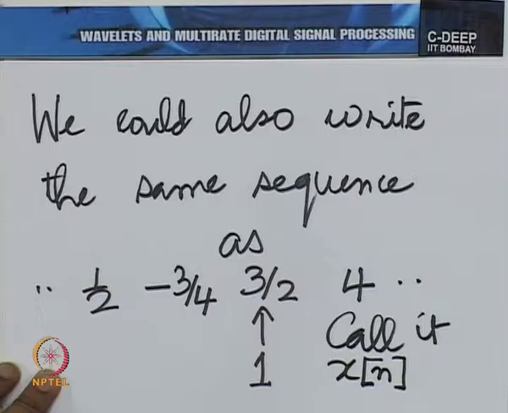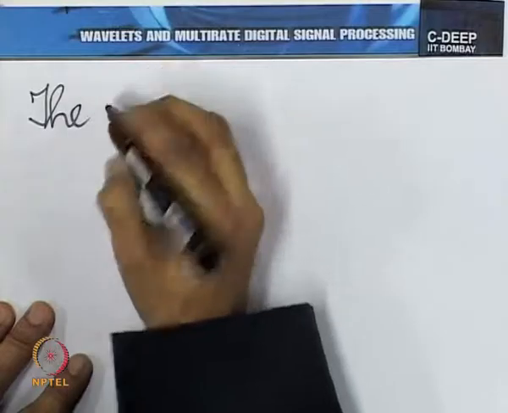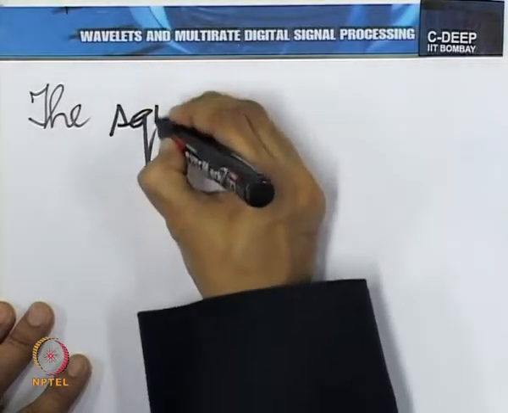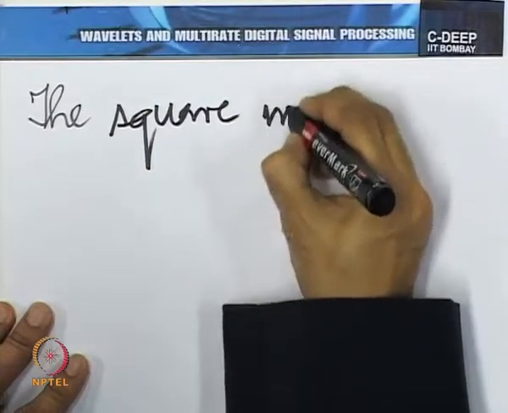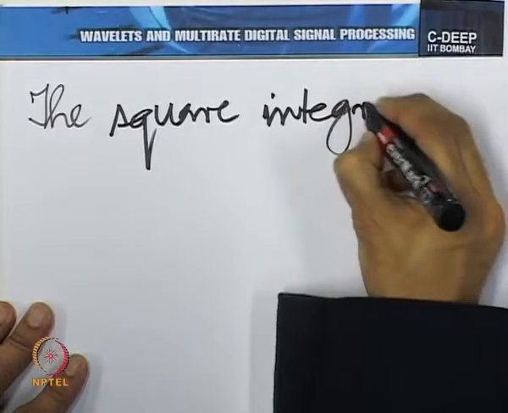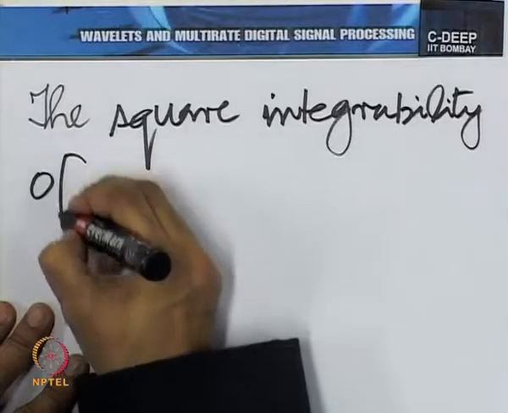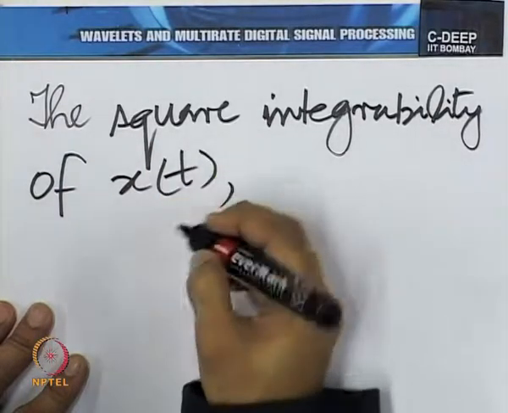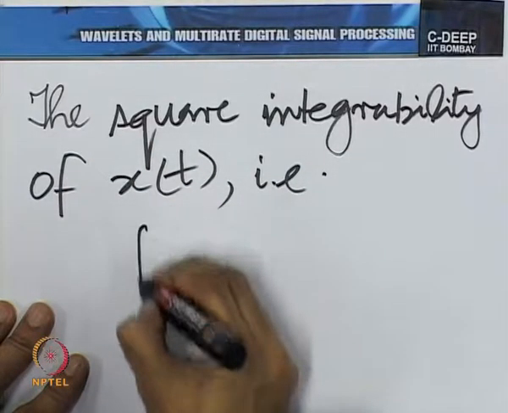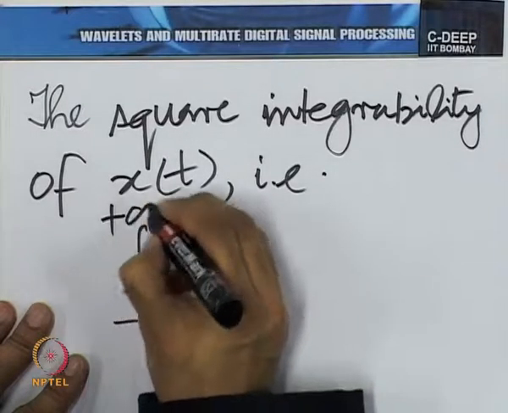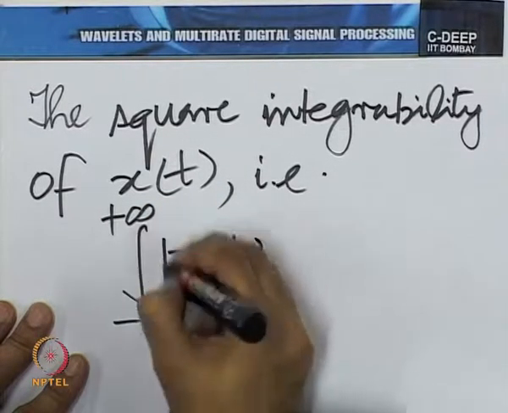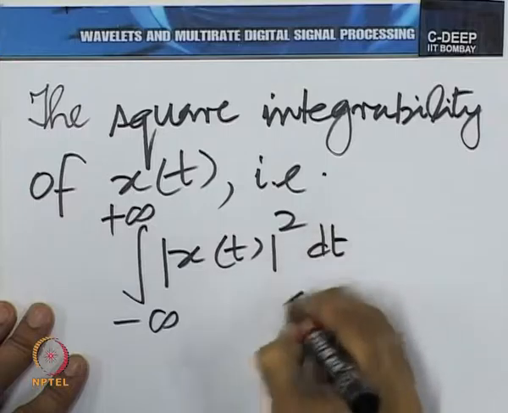In that case, the square integrability of x of t, in other words, the fact that the integral from minus to plus infinity of mod x of t squared dt is finite,